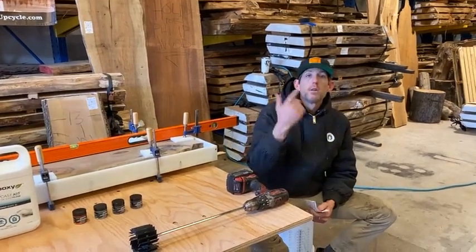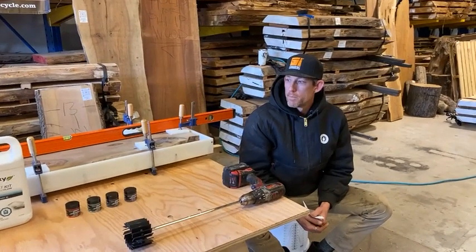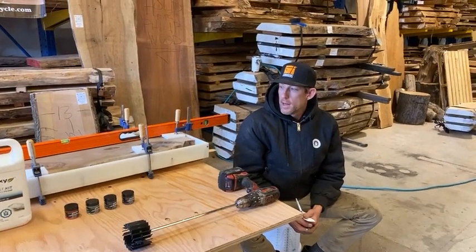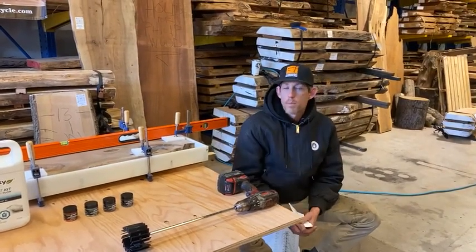Essentially, we just take you on a little tour of the facility, introduce you to everybody that's involved here, and then we'll start to discuss the epoxy core and work